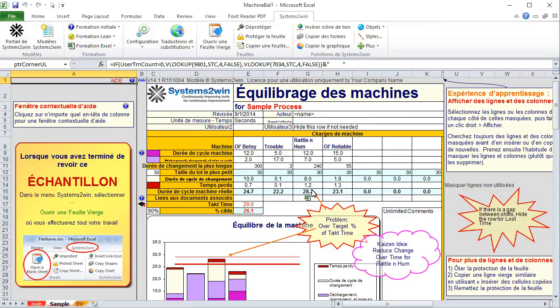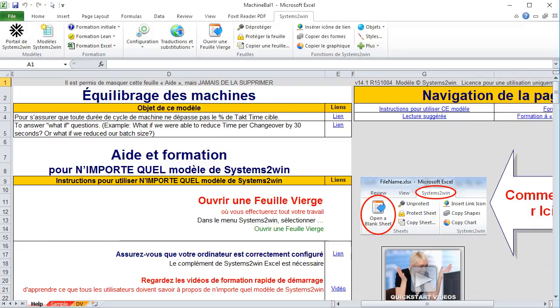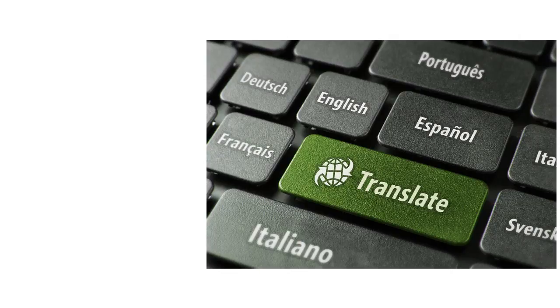Now the row and column headers and the help text boxes and the training on the help sheet are all in your preferred language. And the translations in your Systems to Win templates are not machine translated. They are translated by a professional human translator and then reviewed by an industry expert for industry terminology.